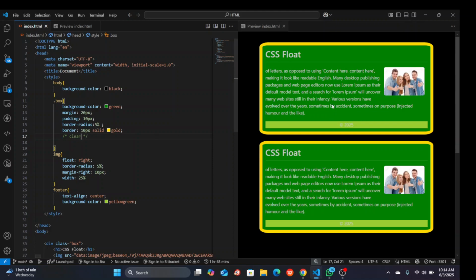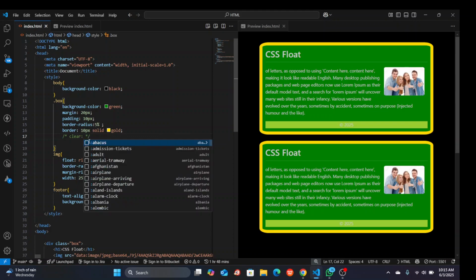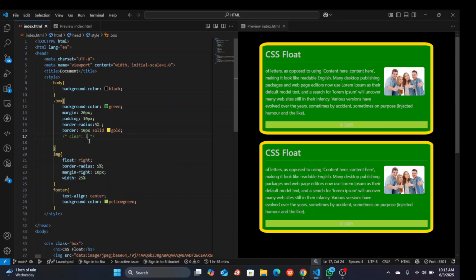Clear. Supposing we add two paragraphs here, and we don't want the second paragraph to float around this image, we can use a property called clear. Then we'll provide a value for it. For example, we can provide a value of either left or right,